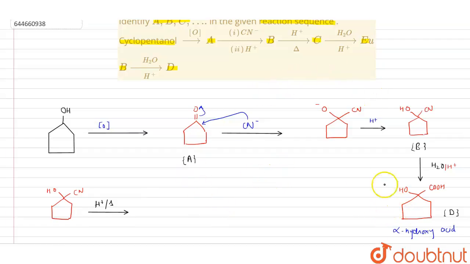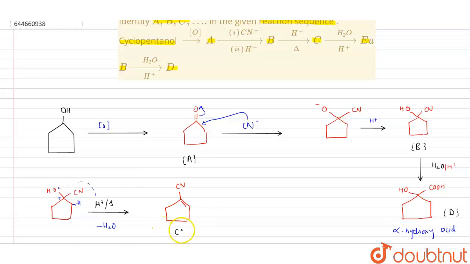So what is C? First of all we give the H plus, so this H plus attacks on that oxygen, and this forms the OH2 plus. So OH2 is removed over here, and some positive sign is there, and also one hydrogen is removed, minus H plus. So the double bond is forming. So now the product looks like this. The product is over here, this is CN and double bond. This is our compound C.